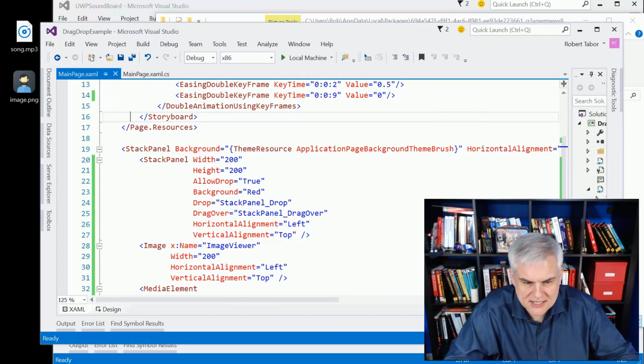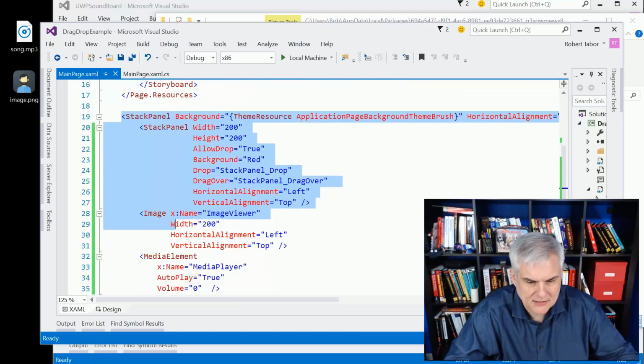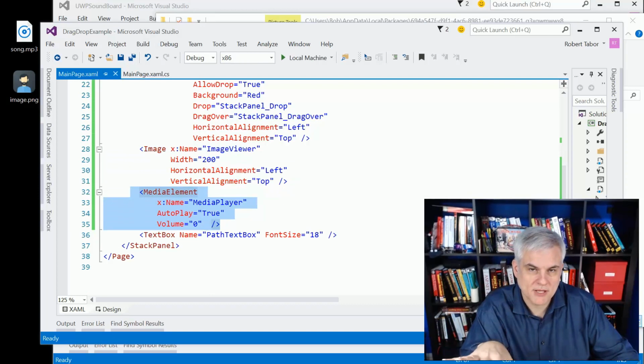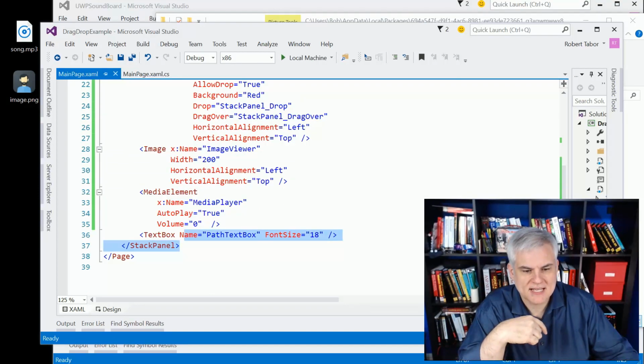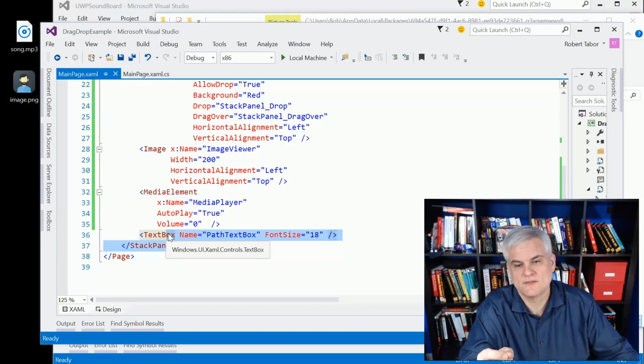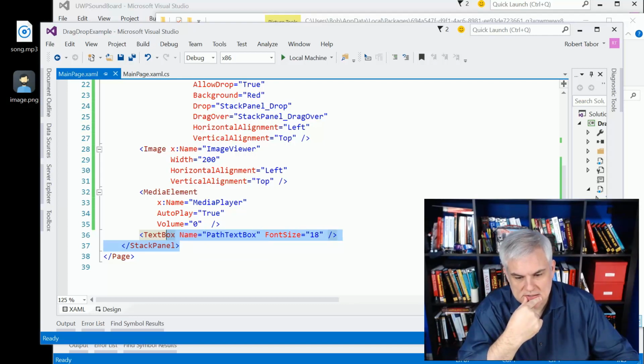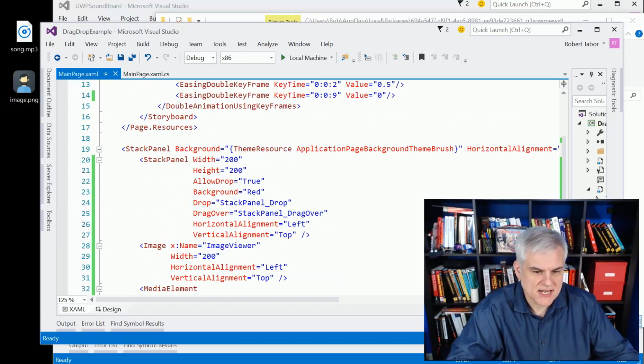First of all, let's look at the XAML to begin with. Here I have a stack panel, and then I have that image where I display the dragged image, and then the media element where I play music. Okay, and then there's that text box at the bottom where I actually display the full URI for that private local storage area. Now, inside of the stack panel, this inner stack panel, I've actually created or added 2 properties,